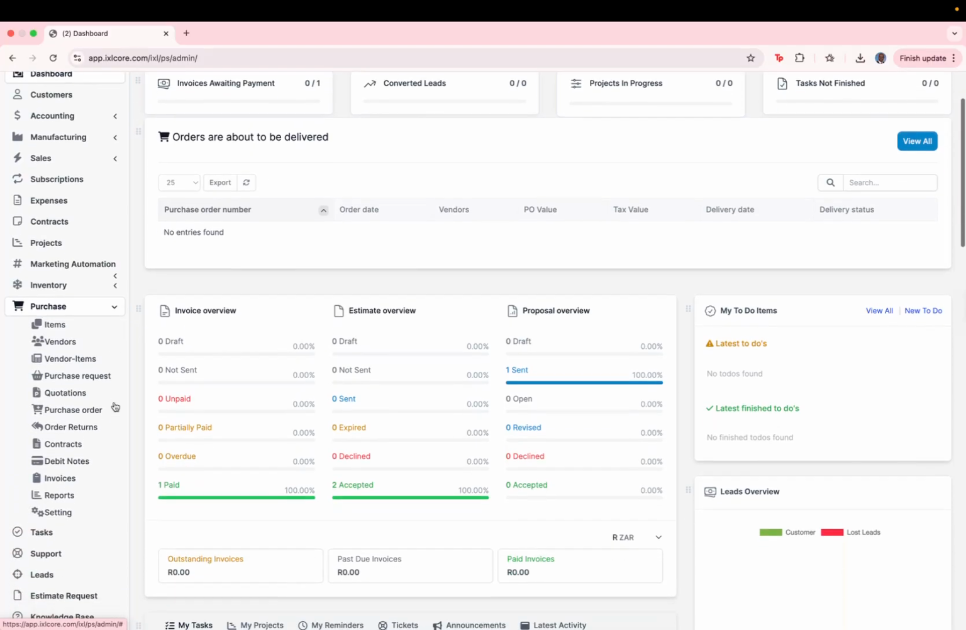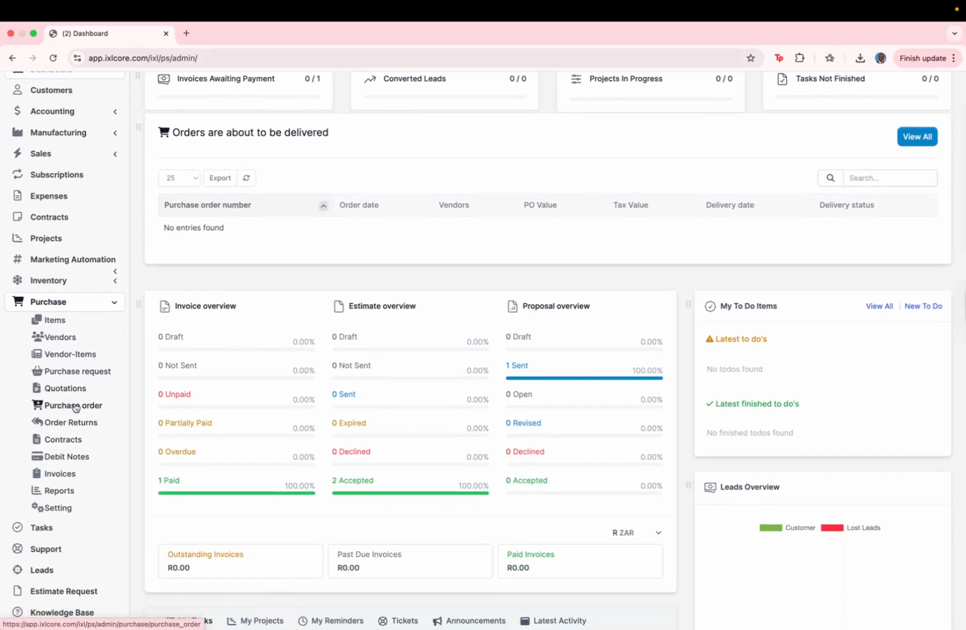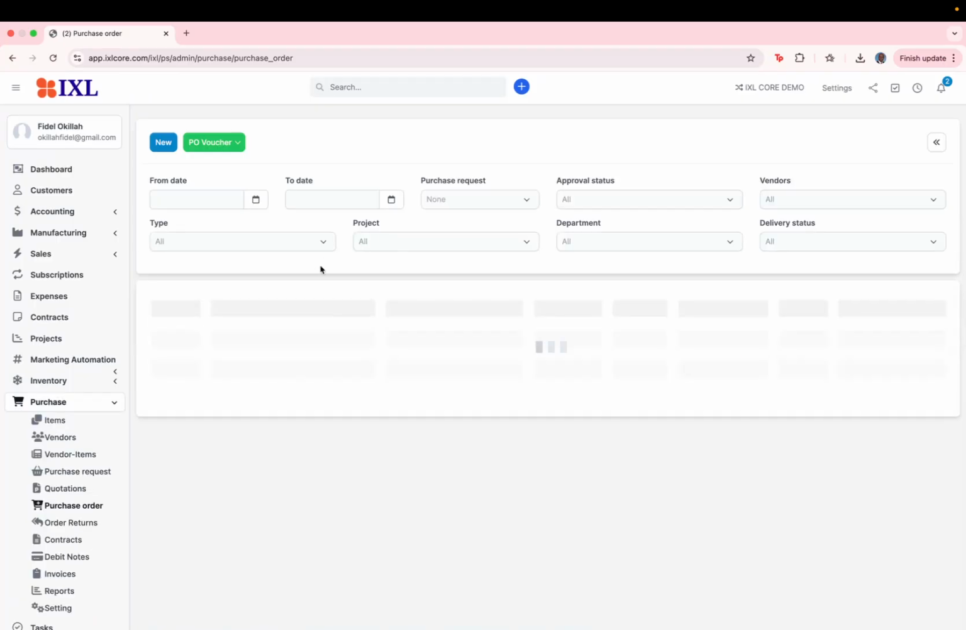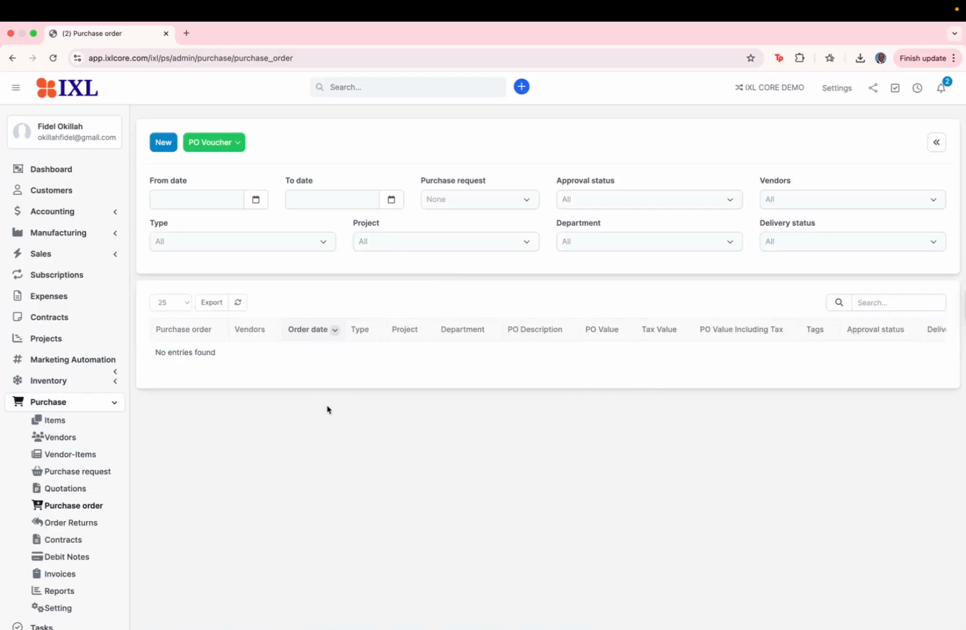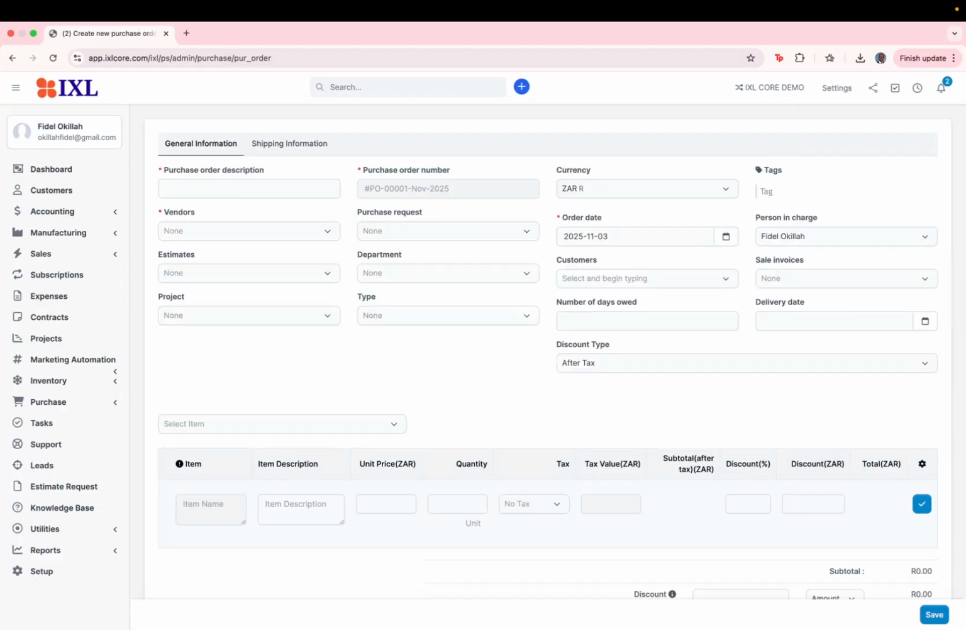We'll move to purchase, and under purchase we'll have purchase order. So all the purchase orders that are issued will be under this tab. And to give out a new purchase order, we'll click on the link and say new for purposes of creating a new